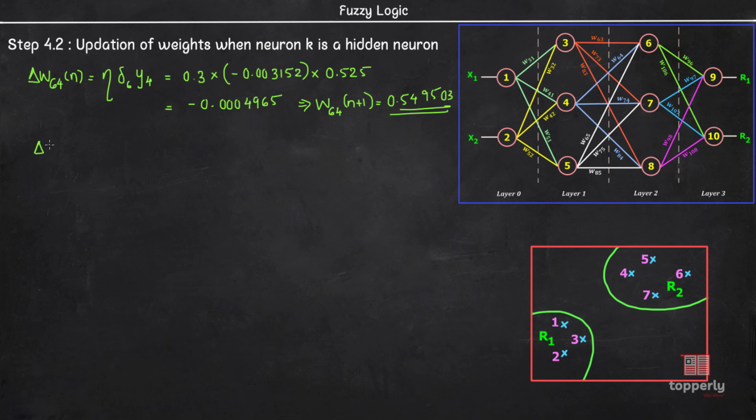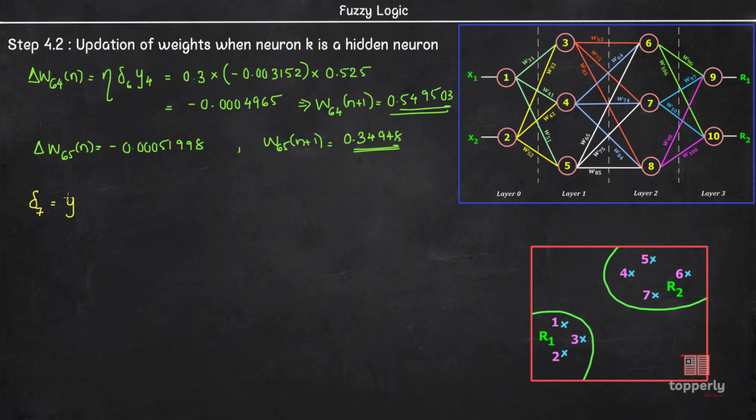Also, delta W65 of n is equal to minus 0.00051998, and W65 of n plus 1 is equal to 0.34948. Now, to find the updated values of W73, W74 and W75, we need to find dou 7, which is